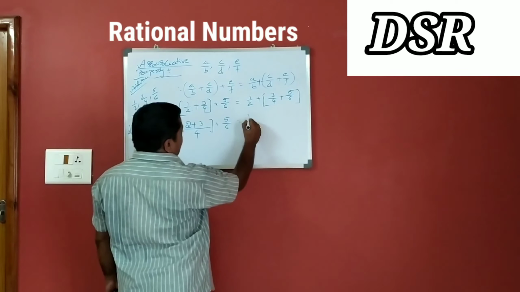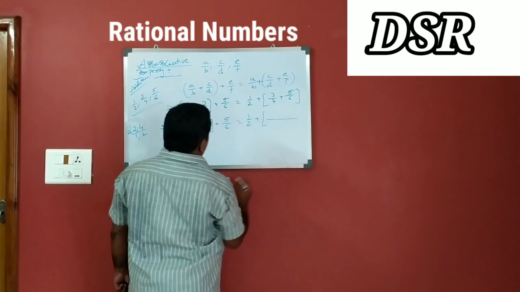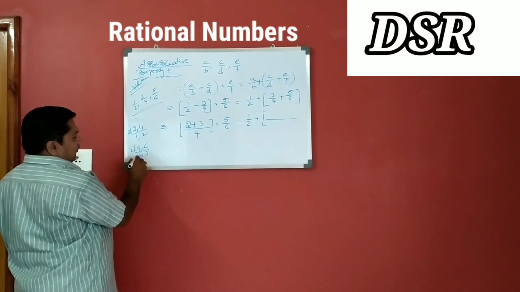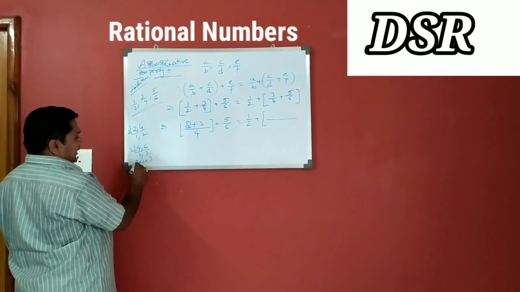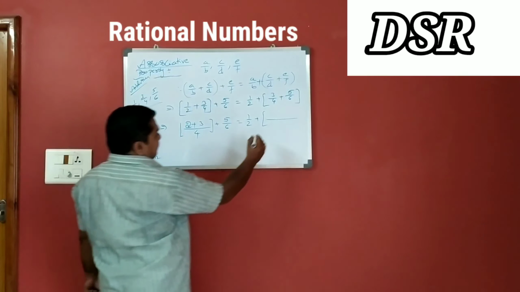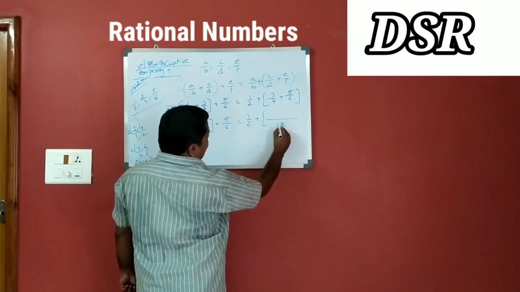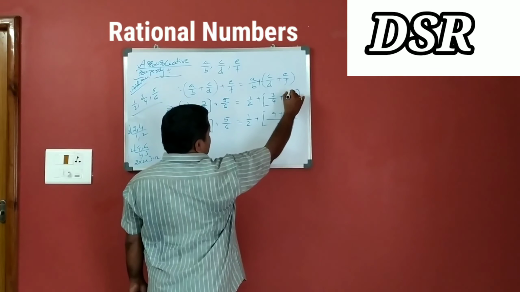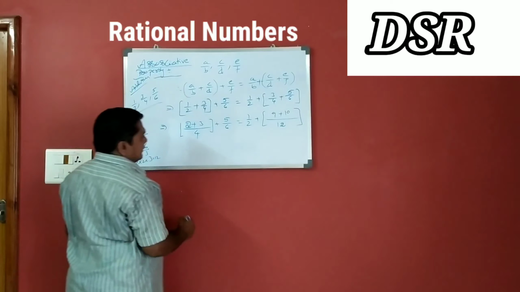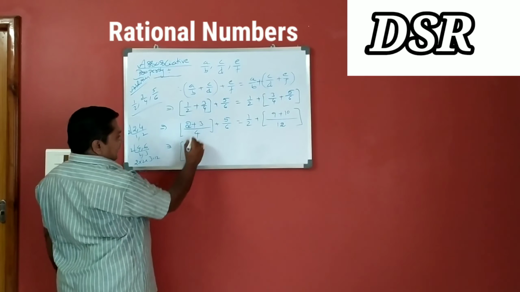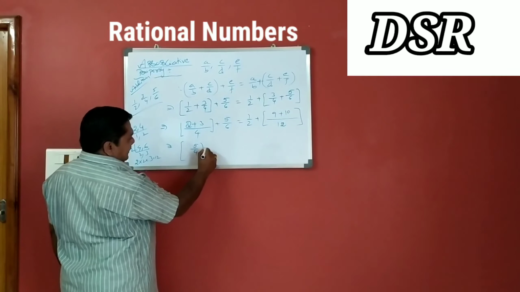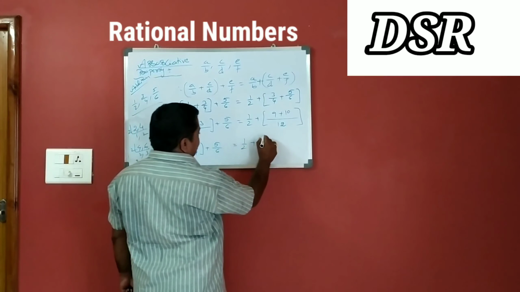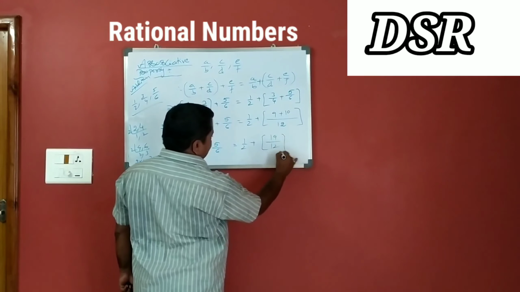That is equal to 1/2 plus, we have to find the LCM of 4 and 6. 2 times, 3 times. 2 twos are 4, 4 threes are 12. 12 is the LCM. 4 in 12 how many times? 3 times. 3 into 3, numerator 9. 6 in 12 how many times? 2 times. 2 into 5 is 10. That implies (2 + 3)/4, that is 5/4, plus 5/6. That is equal to 1/2 plus (9 + 10)/12, that is 19/12.